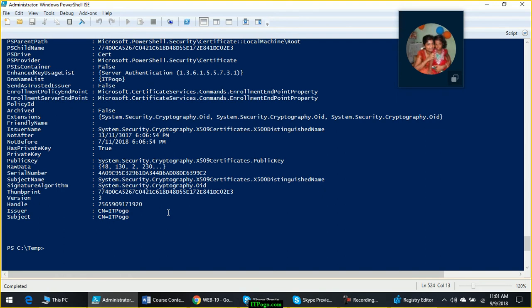So this information is accessible from the command prompt through the certificate provider. And you don't need to get into a provider by giving cd and that provider name. You can browse it from anywhere. Even if you are inside the file system provider, you can browse the certificate store. Even if you are inside the certificate store, you can browse the file system by giving the complete path of the location that you want to browse.